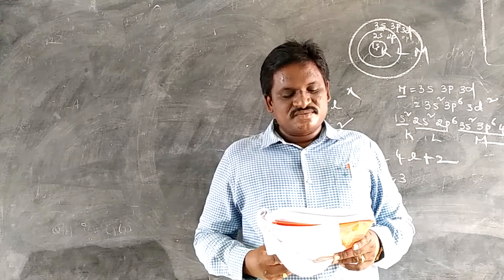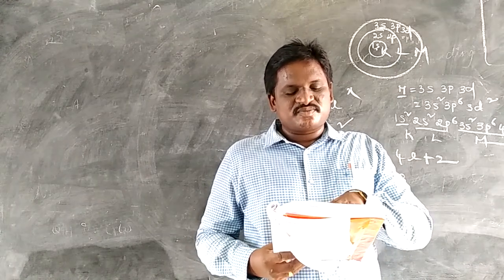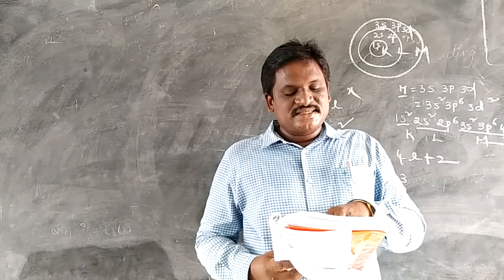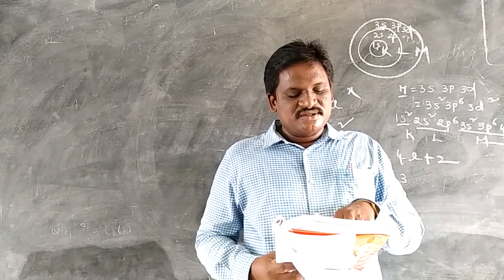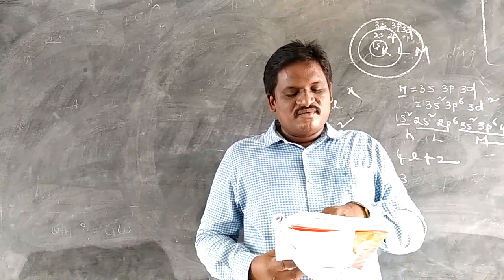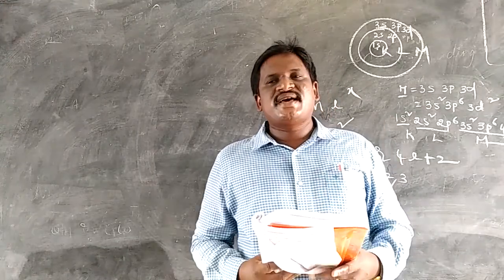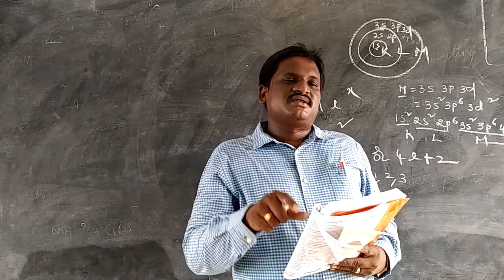Rainbow is a spectrum of different colors with different wavelengths. These colors are continuously distributed. There is no fixed boundary for each color. No fixed boundaries. That's why rainbow is a continuous spectrum.